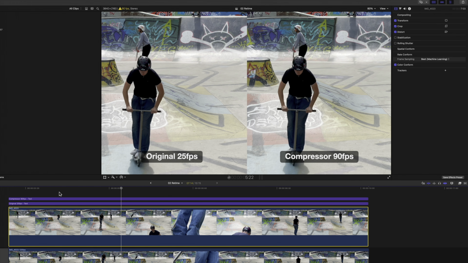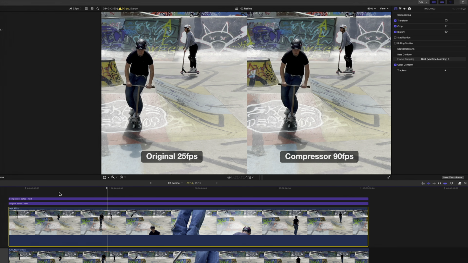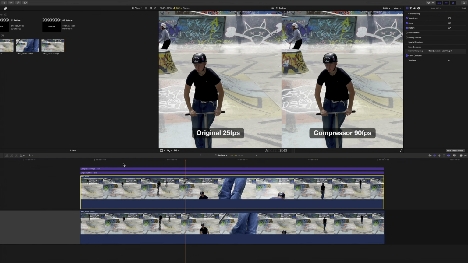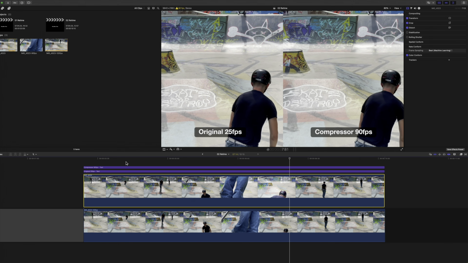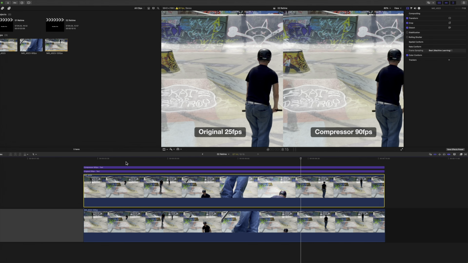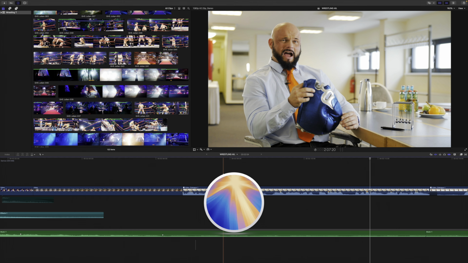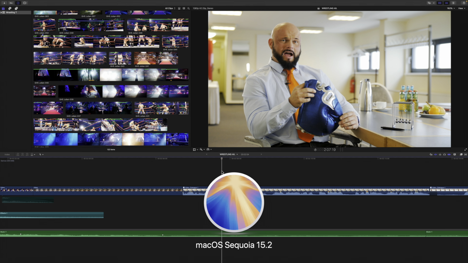Just something to consider. By the way, I've also seen comparisons to Topaz, Resolve, and others, and Compressor beat each and every one not only in quality, but even more so in speed, taking minutes, while others literally took over an hour.